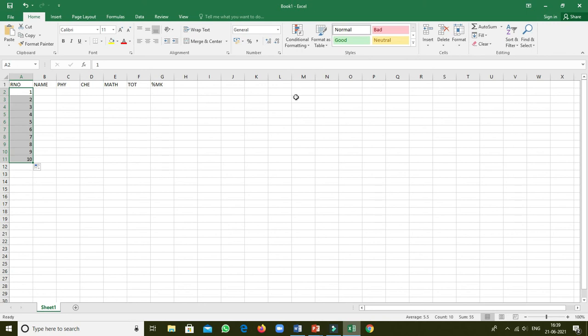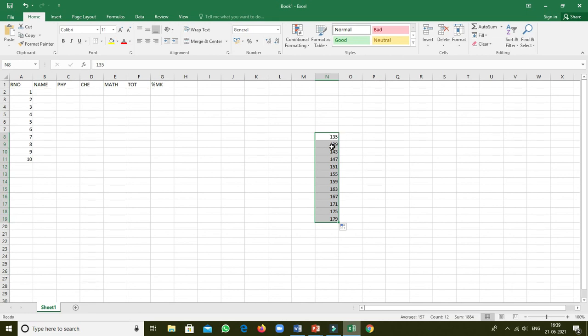Okay. Another thing I am showing you: suppose you are writing 135, then 139. Now see, when I select these and drag downwards, automatically it counts 139 minus 135.